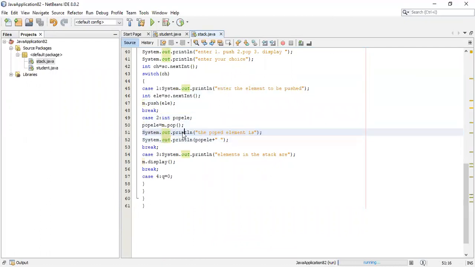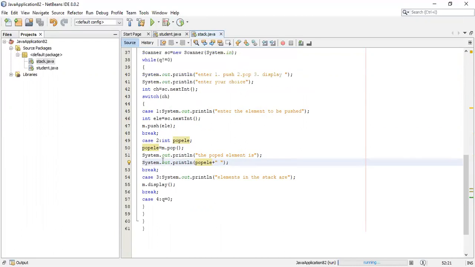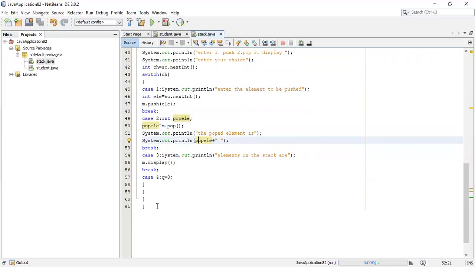You call the pop member function using the object, and after popping out the element, you print the element that has been popped out. Finally, the last one, the display operation. If you want to display the stack elements, you just call the member function display using the object. Then you keep on repeating these operations. If you want to quit, you give the value of q as 0, and when the value of q is 0, the while loop will fail and come out of the loop.